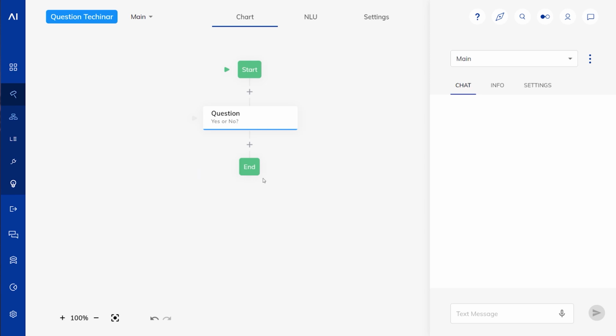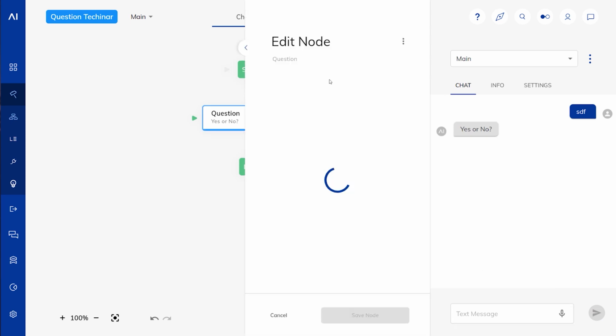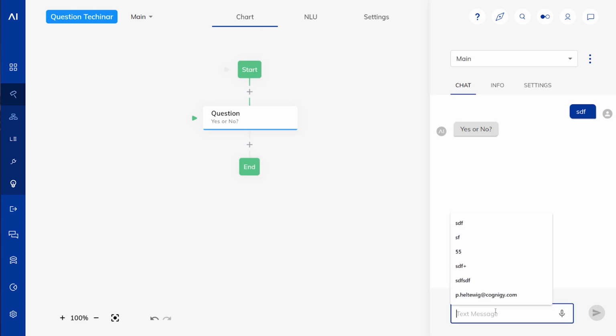So let's first look at what we call reprompts. A reprompt is outputted when the user does not give the expected answer. So here we're asking a yes/no question, as we can see up here in the question type. And if I don't give a valid answer, it's going to reprompt me with a message. In this case, not sure I understood this correctly. And then it's going to ask the question again.